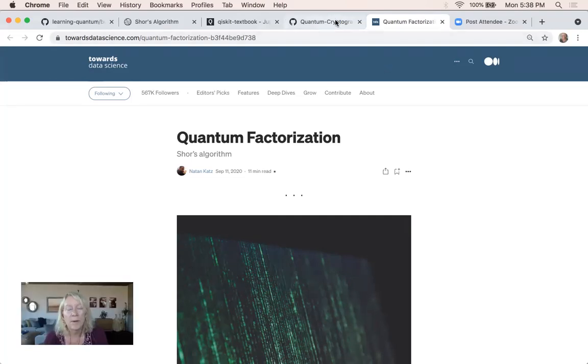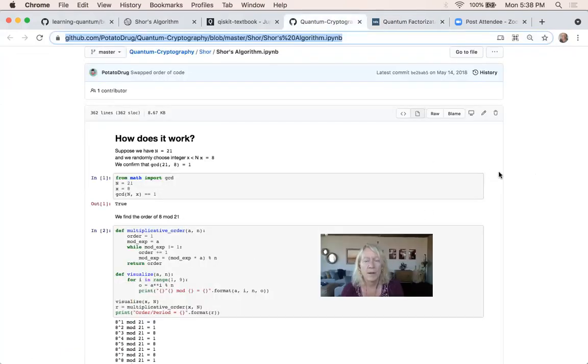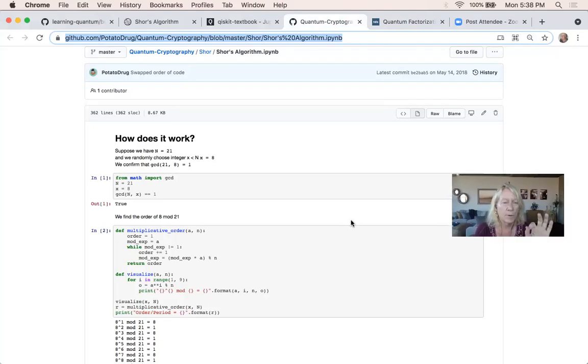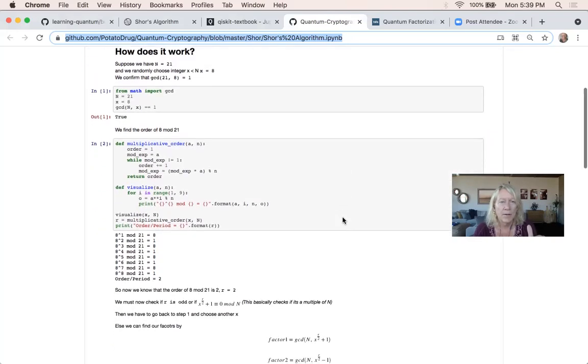Well, to your point, I always go for simple as possible. So I found this blog post that was kind of driving me along the route of it. And it was kind of like a minimum viable. And so I can pretty much follow what he's doing here. Suppose we have n equals 21, we randomly choose integer x less than